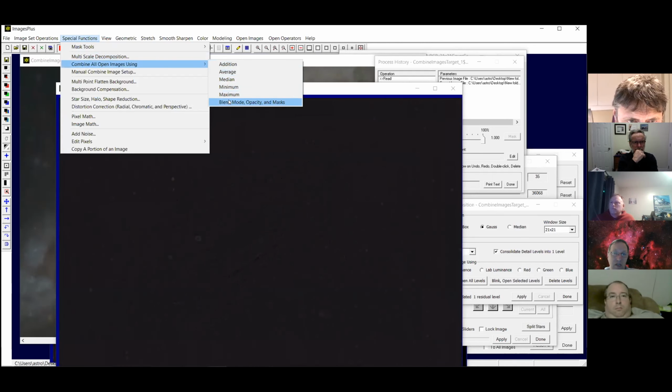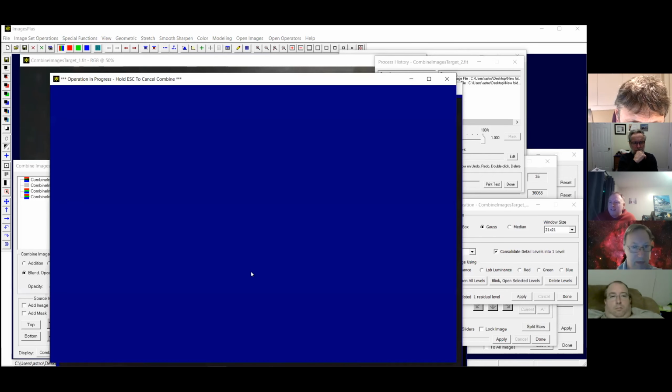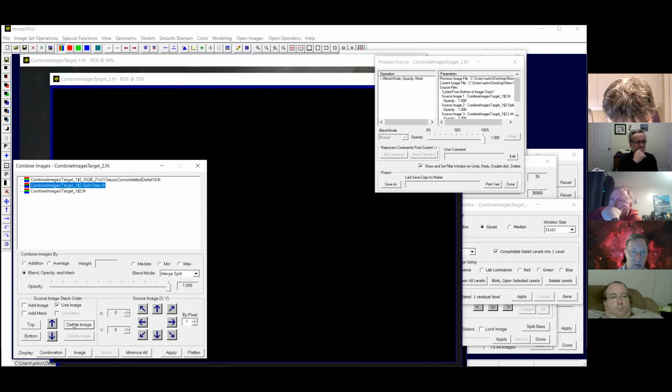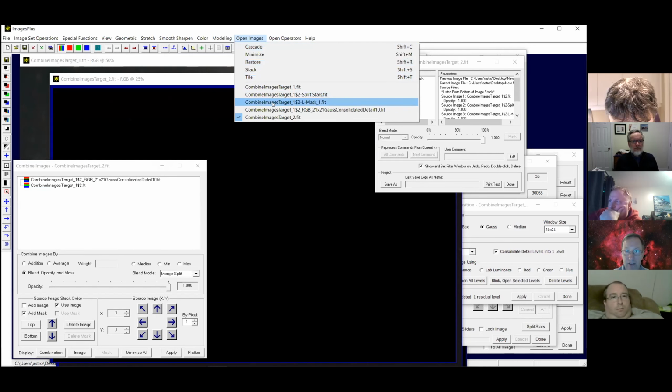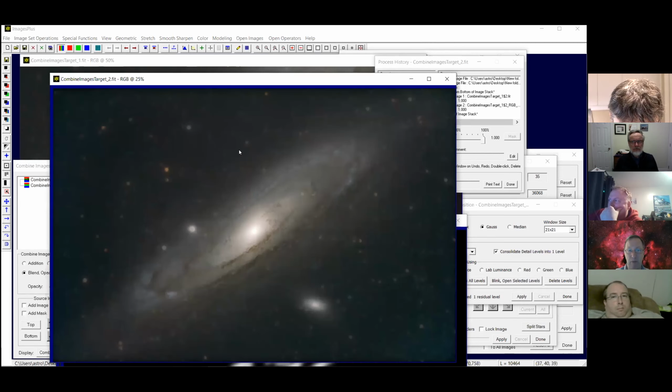combine images. And unfortunately, I have several images open here right now, so I have to go hunting for them. So let's just get the ones we want. There's the consolidated detail. We do not want the mask layer as an image in there, and we don't want the stars. But what we now want to do, we want to put the mask on this layer. So we click on that. We say add mask, and then if you just go up to open images, you can find the mask. There it is right there. It has the word mask on it. Grab that mask, and let's see what that does to the